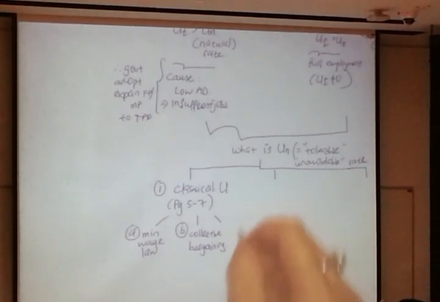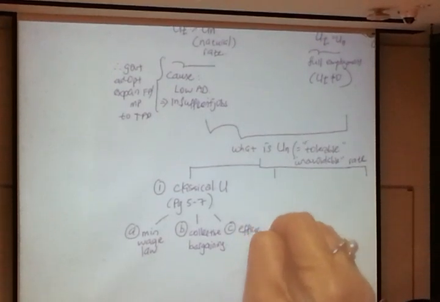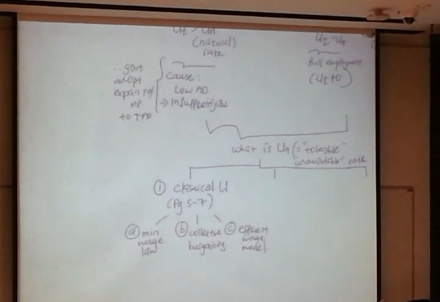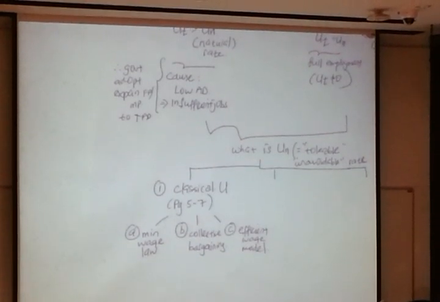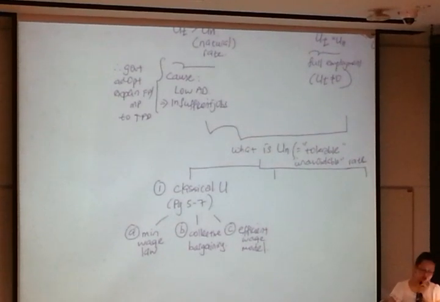And the third type, very interestingly, is due to the efficient wage model. Now, why do I say this is interesting? The first case was government protecting the workers. The second was the trade union, where all the workers try to protect themselves, so they forced the firms to pay them higher wages. But in the third case, the firms themselves choose to pay high salaries.